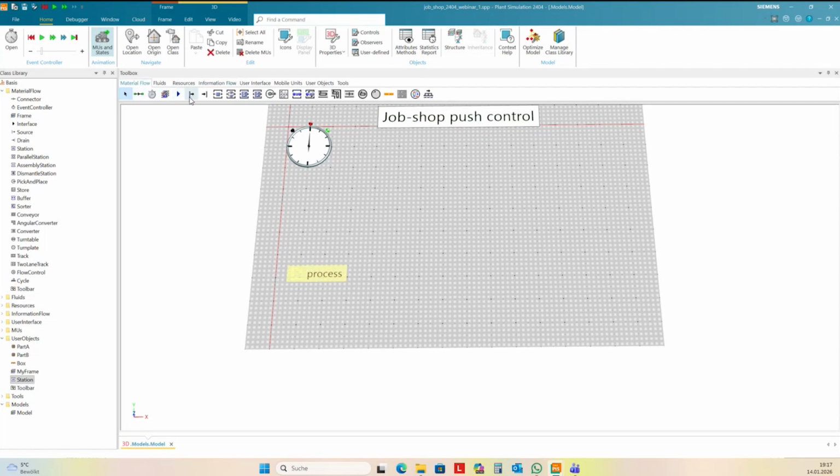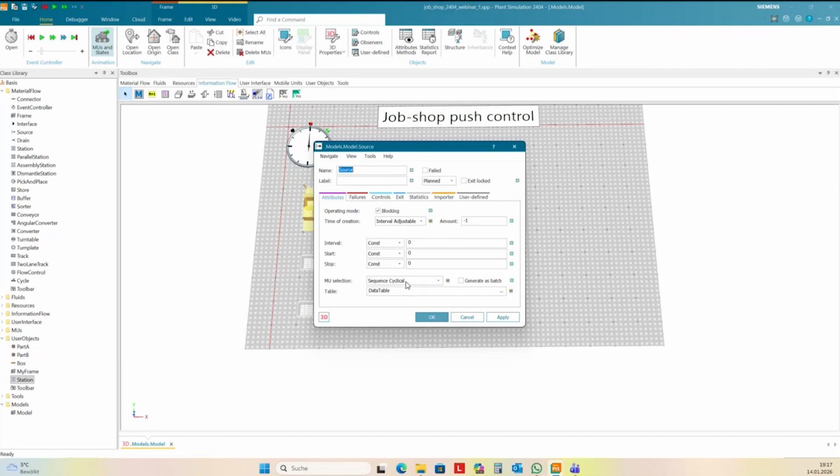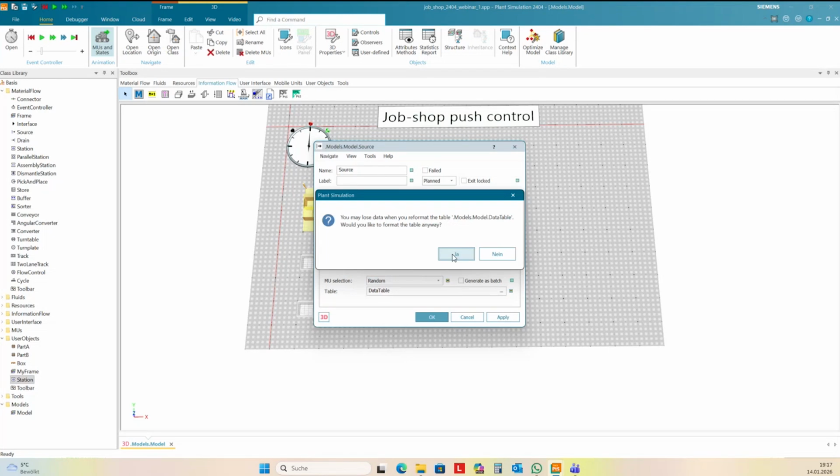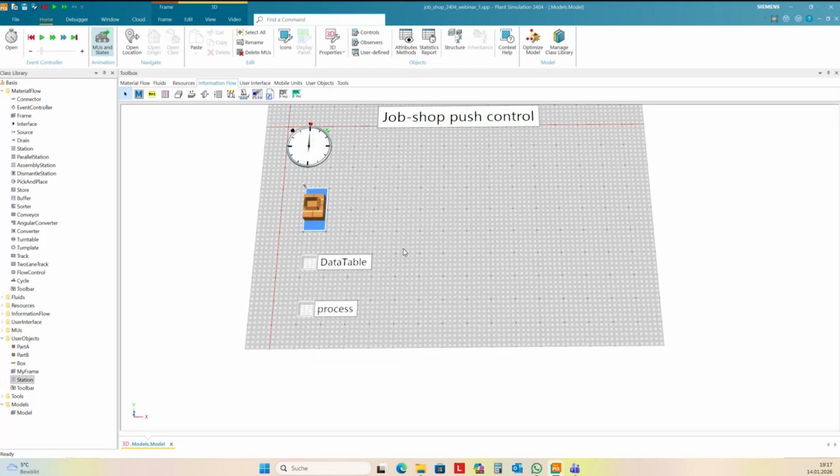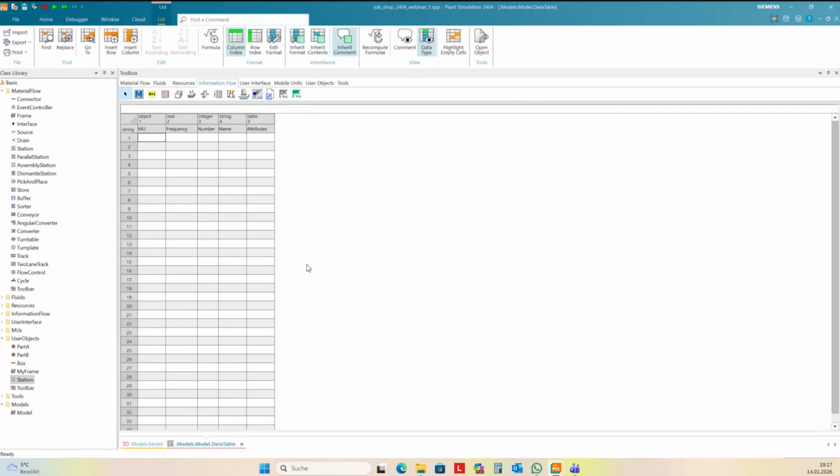It starts with a source, and the source should create part E and part B, and so I need a data table for the source. And I connect this data table with the source. It's now sequence cyclical. I want to have random. This will reformat the data table.